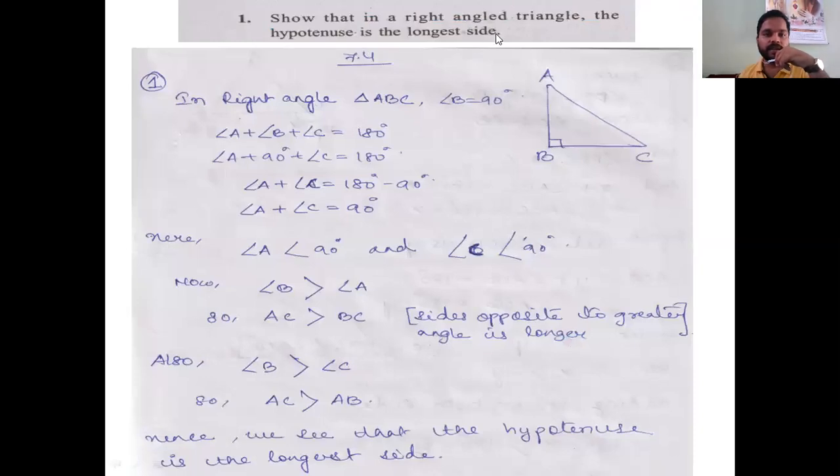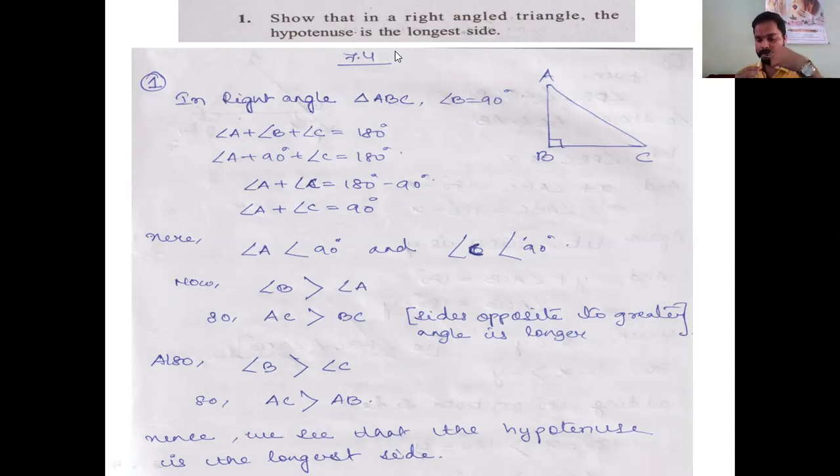Show that in a right angle triangle, the hypotenuse is the longest side. Here you see one more thing, students. Actually, I'm not explaining you the examples. I'm just explaining you the theorems and the exercise question answers. Okay, that is the solutions. The reason is that examples you try by your own to understand, that will help you. And after then also, suppose if you get any problem, you can share with me. I will try to find some time to explain you that. Okay.